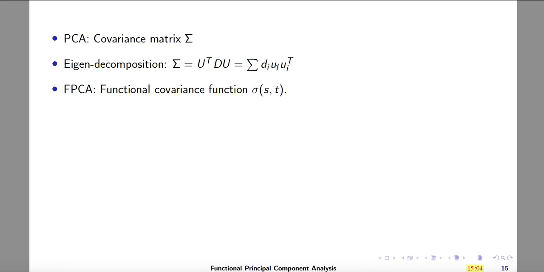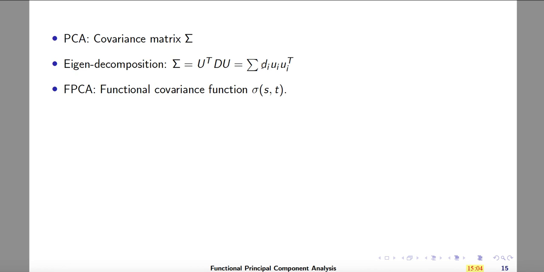The Ui will be the principal components, and the Di will be the eigenvalues of capital sigma, and Di actually will be the variance of PC